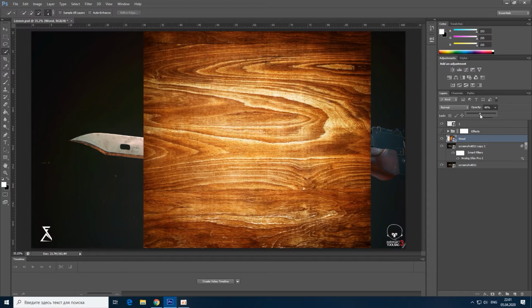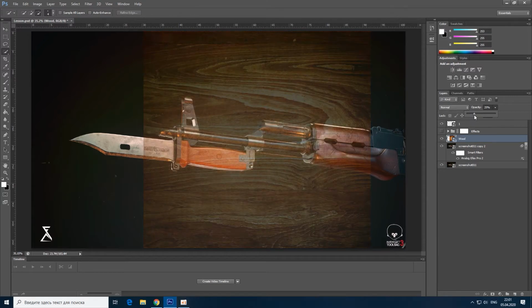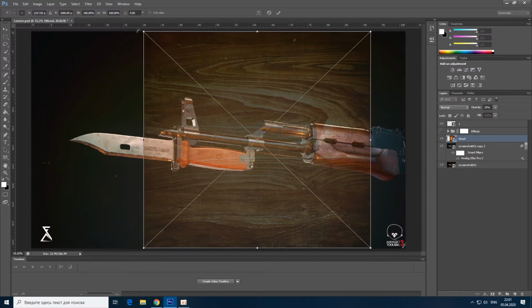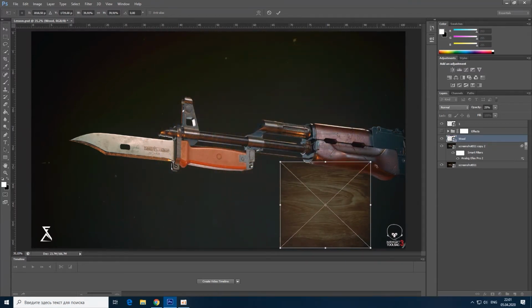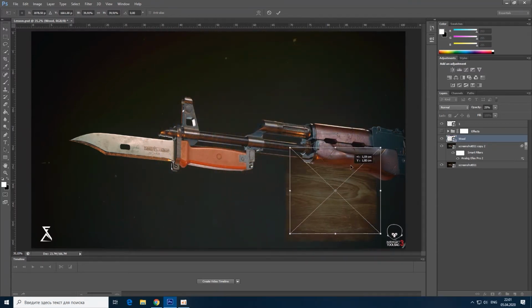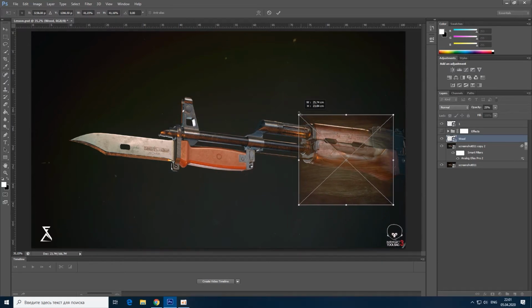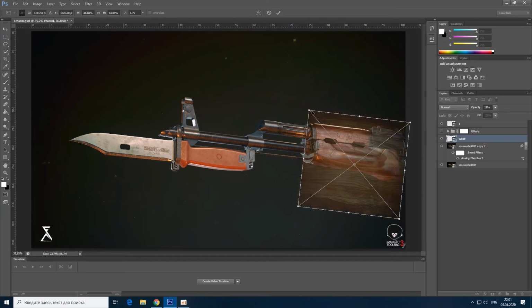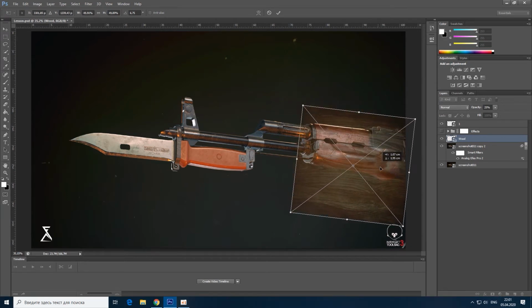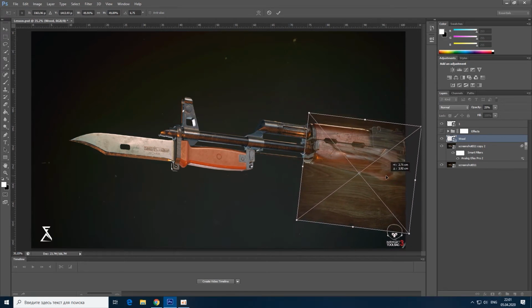Let's change our opacity and put our texture with Ctrl T, scale a little bit, and put our texture on our wooden part actually. Let's turn it and put something like maybe like this. Okay,